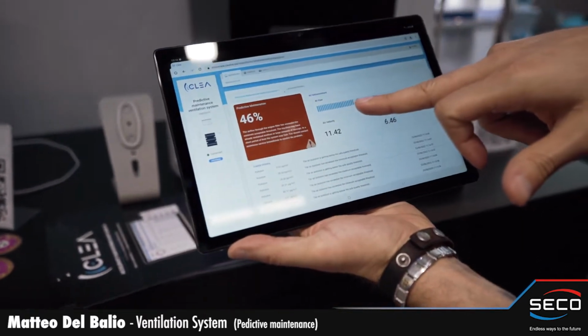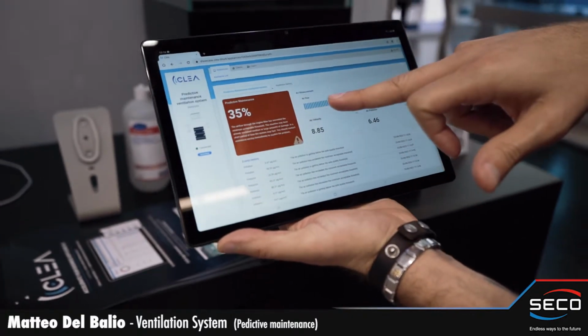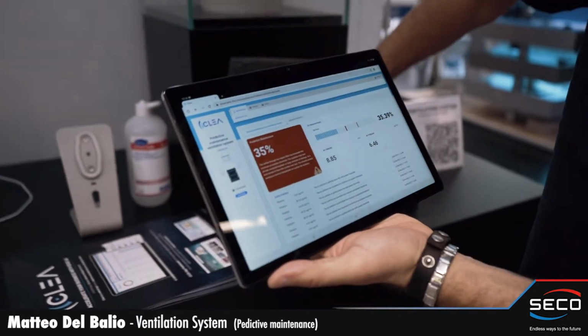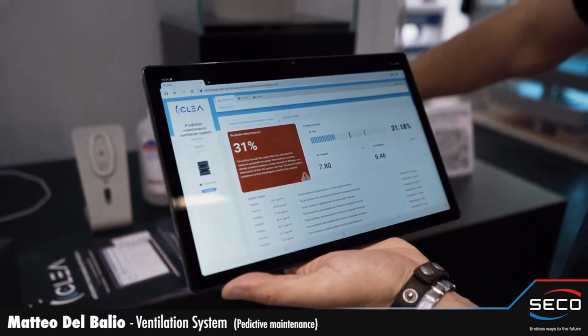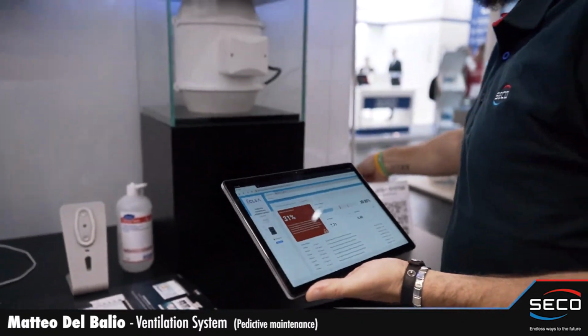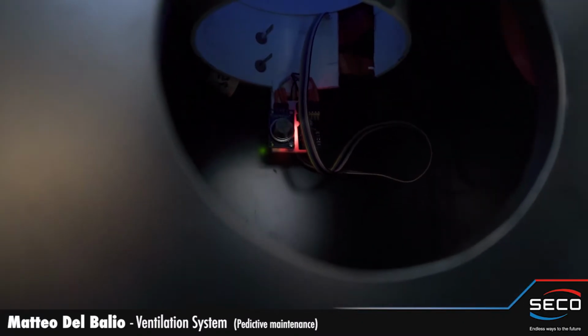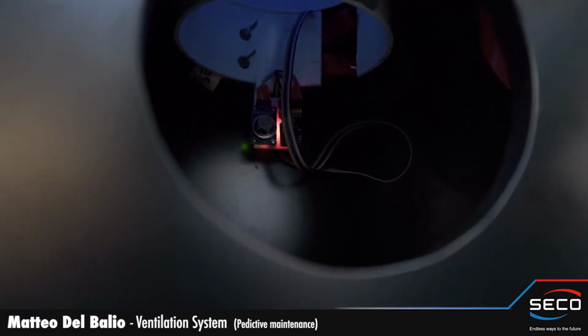So now you can see that there are some anomalies because there is an obstruction, and something is obstructing the air from flowing. The second is the air pollution sensor, which allows detecting if there is some pollution in